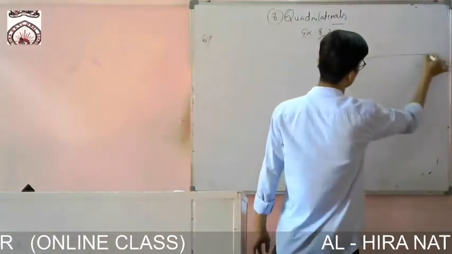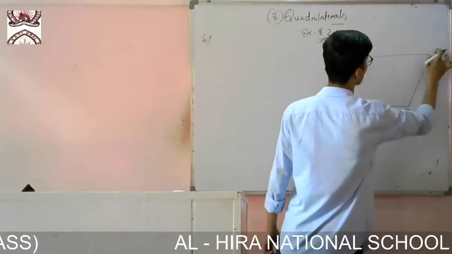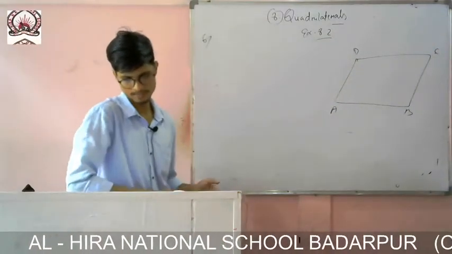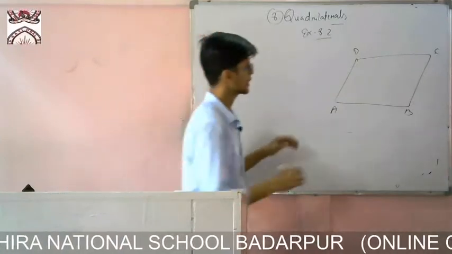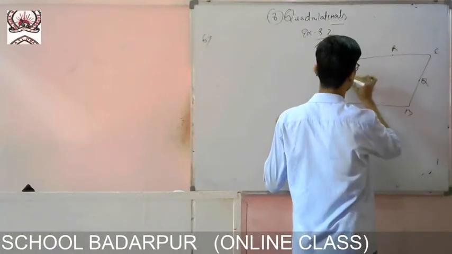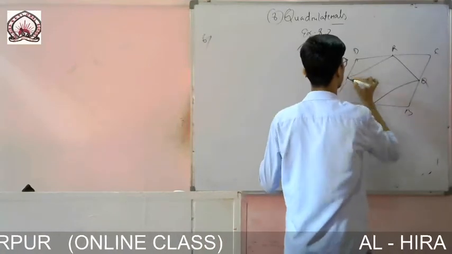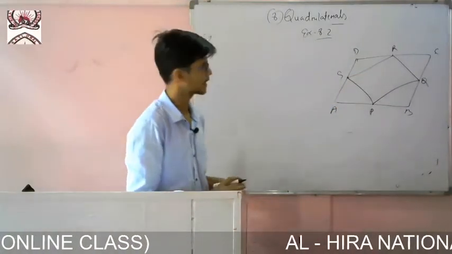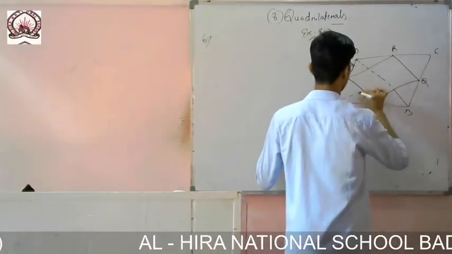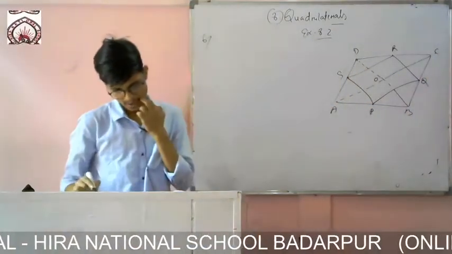So let me draw a quadrilateral ABCD. We have drawn it. The line segment joining the midpoints, let me give the midpoints as PQRS. So let me join them. After joining, let us draw the diagonals also. So they are intersecting each other at